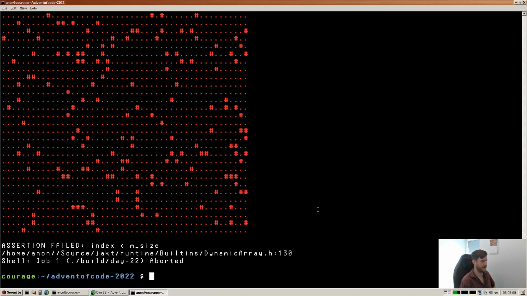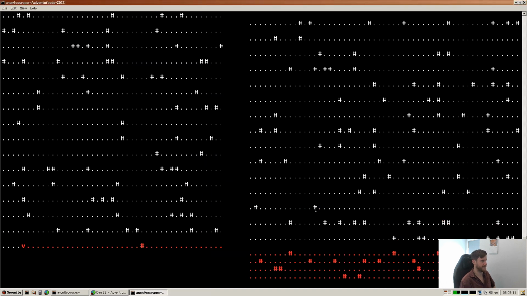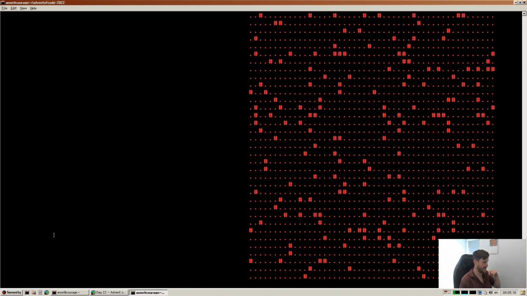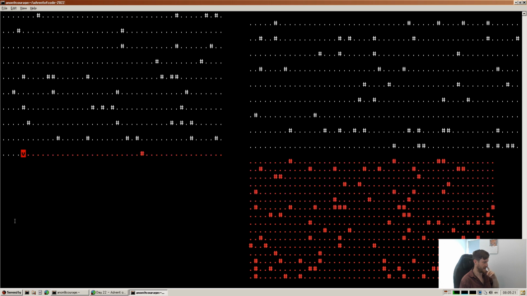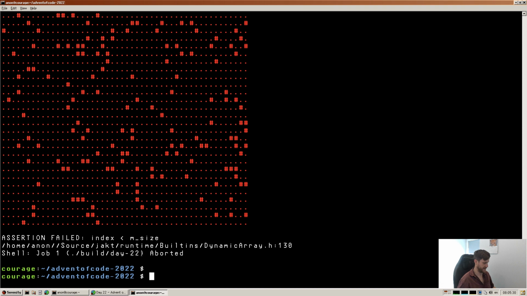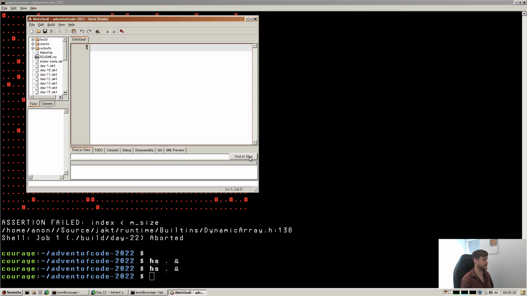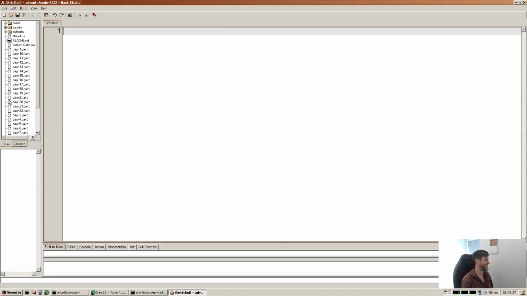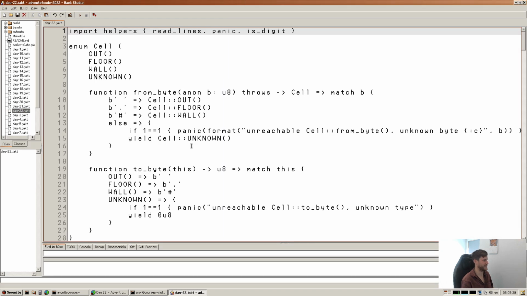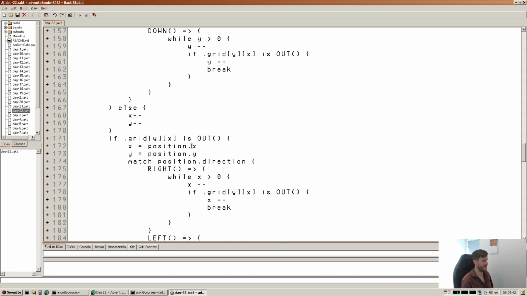Hopefully that is fine. Yeah, so it reckons we are here. Right, so we're facing down, and I guess that means that we're facing down and we're trying to go over the size of the thing. So I kind of want Hex Studio open again, and not have my terminal crash, but we'll see how we go. So we are facing down,